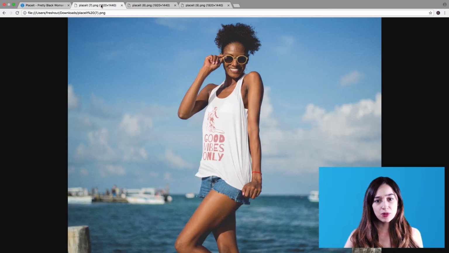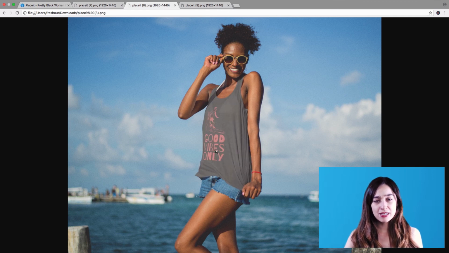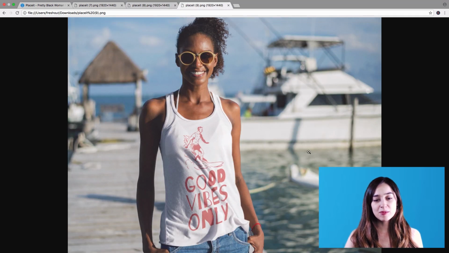So for example, we made a mockup of this tank top and we made it in a couple of different colors so that customers can see what the design would look like on different colored tank tops. And we also made another one that's similar but shows the tank top closer up and in a different view. So as you can tell, this is all